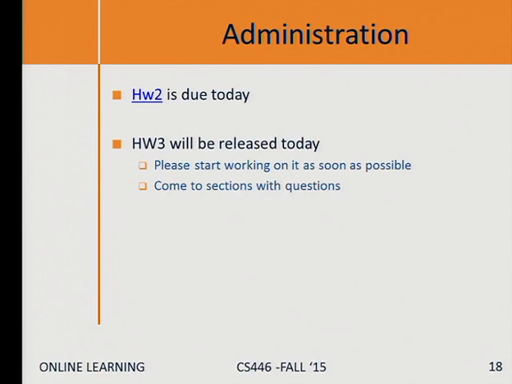So I guess you know that homework 2 is due today. And homework 3 is going to be released tonight. What I can promise is it's the last problem set that really has a significant experimental or programming component. I don't know, maybe you're glad to hear about it, maybe not.